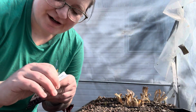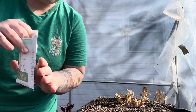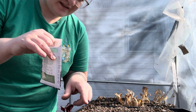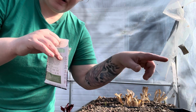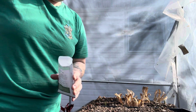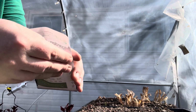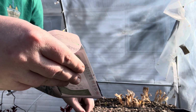Alright guys, sorry I'm crouching a little bit. Wanted to take a pause on the time lapse, kind of explain what I've done. Since I already put this soil in the containers, I think it's been 2 weeks now since I planted all this other stuff. The chamomile, the milk thistle, the marshmallow root. So since the soil has already been put in there, I was just loosening it up, pulling out any big chunks that I may have,